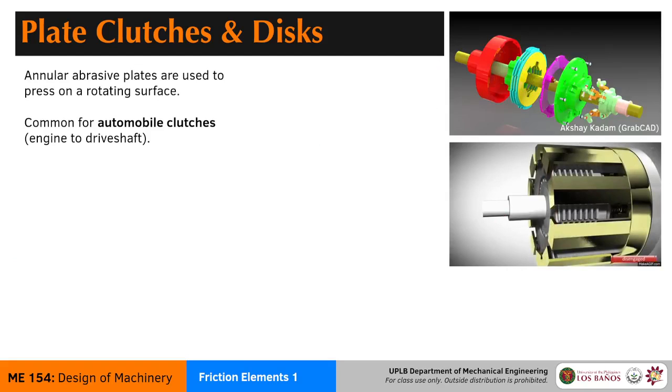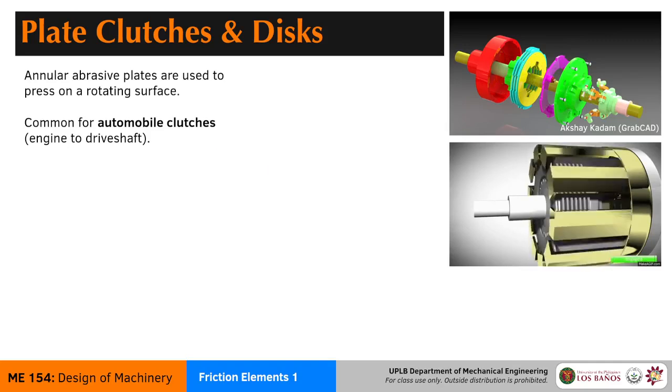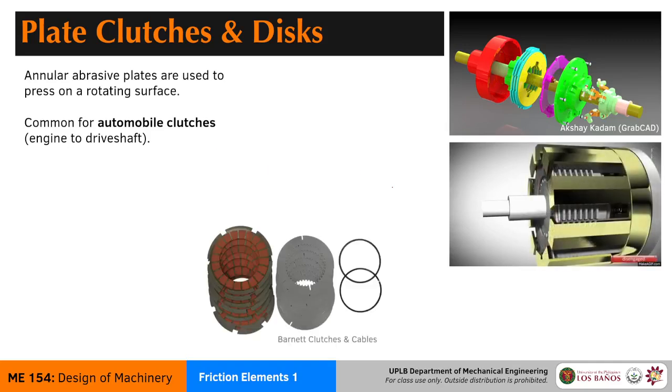If you can see here, the blue and yellow highlighted parts are the plate clutches, and they tend to be donut shaped. If you see here, there is also a series of orange pads on the back side. So if you get one plate clutch, you usually get two plate clutches. You have one side and then you have another side.